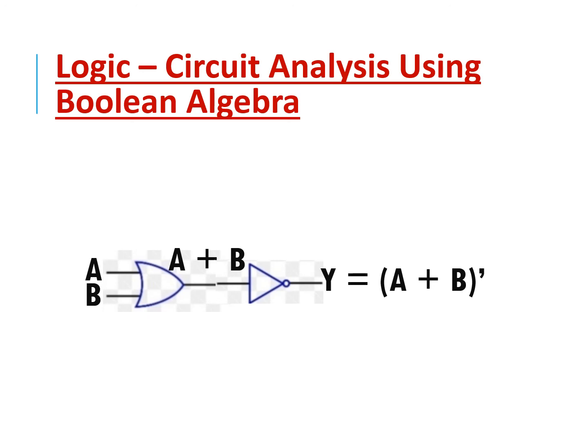Now two variables, A and B, being fed to the OR gate, it will be A or B, and when A or B combined is fed to an inverter, then obviously the result will be Y is equal to (A or B) within bracket, and then it is complemented. Now I have intentionally put the bracket here just to indicate that A or B is the addition, that is, the total sum is being inverted, as we were saying. There is nothing known as an inverter with more than one input or more than one output.